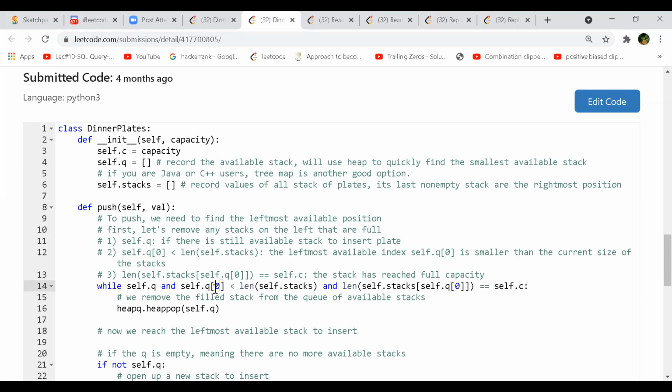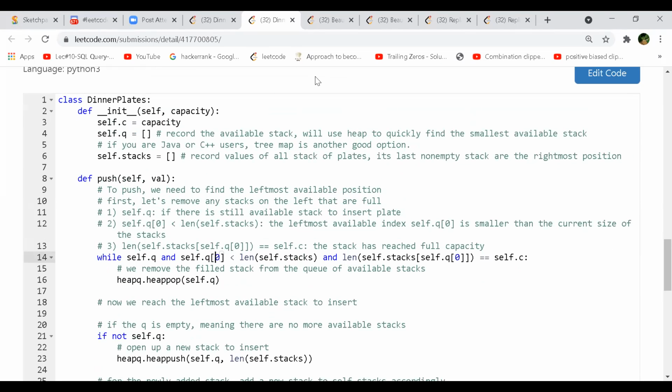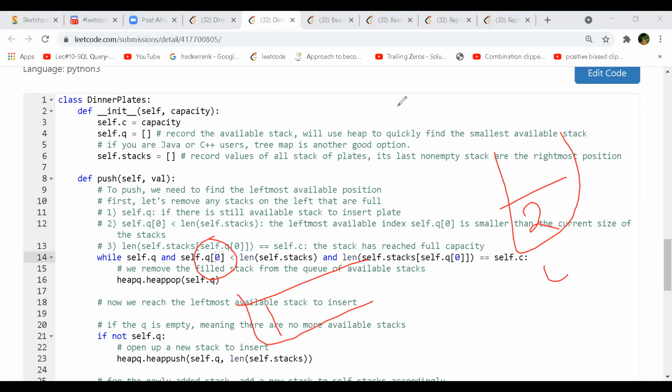I think it's slightly confusing. I am also getting confused at one place, in the index. If you look at your comments, they are very clear, right? The first one, self.q, says if there are still available stacks to insert the plate. But how will this queue of zero say that it is full? Let's say I inserted two first. So in my priority queue, I'll insert the index number, zero, because I'm pushing. Now next time let's say I'm inserting three, but I'm not updating the index. It is zero only. But how does it know that queue of zero and the length of the stack are the same?